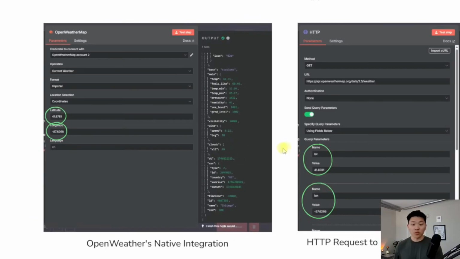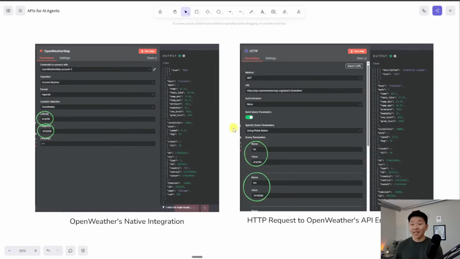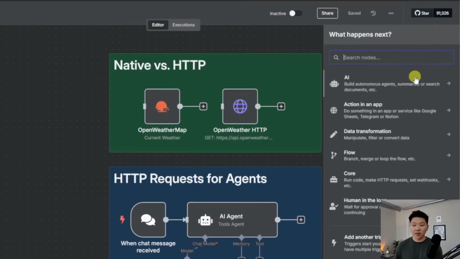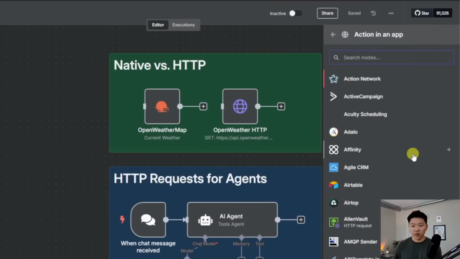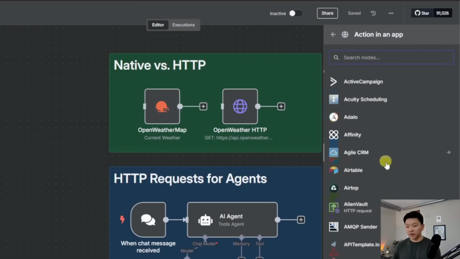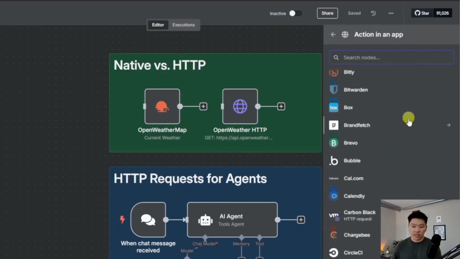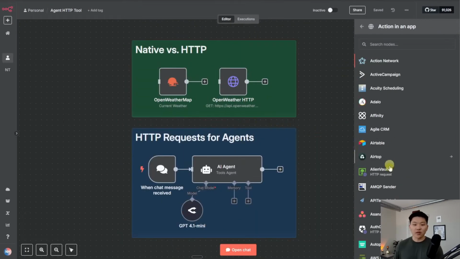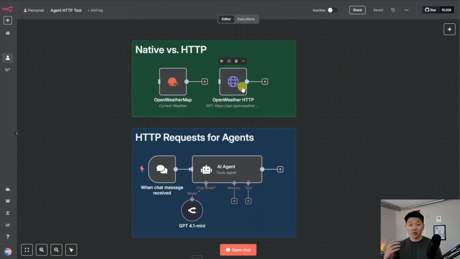And so on the left, we're using OpenWeather's native integration within n8n. What I mean by native integration is that when we go into n8n and click on the plus button to add an app, we see the different integrations. It has Airtable, Affinity, Airtop, all these AWS things. It has a ton of native integrations. And all that a native integration is, is an HTTP request, but wrapped up nicely in a UI for us